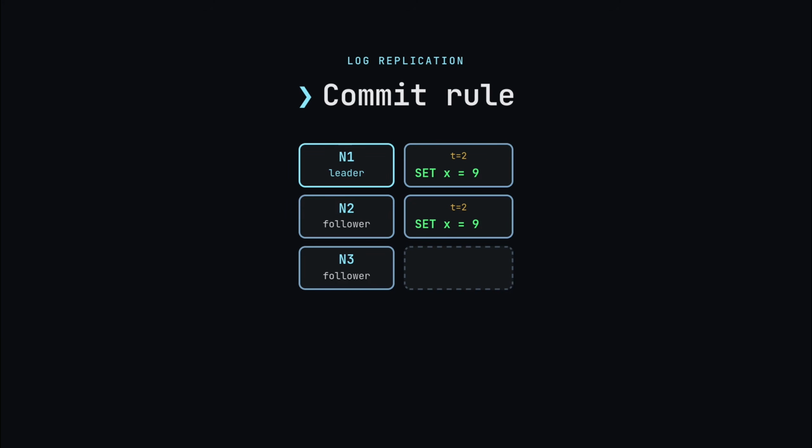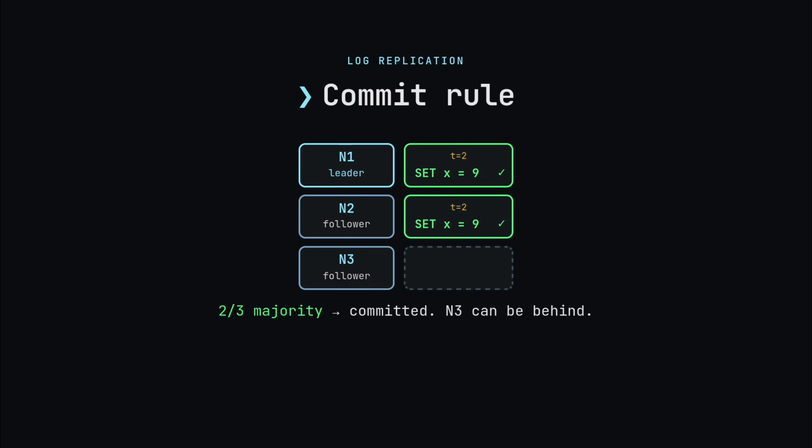To elaborate what I mean exactly, let's look at this 3-node cluster. N1 is the leader, N1 and N2 already have the entry, and N3 is behind, let's say it crashed along the way and now it has recently restarted. That is fine, because we have 2 out of 3, which is the majority, having the same log entries, meaning the same term and the same index. For an entry from the leader's current term, this is term 2 and N1 is the term 2 leader, that majority is enough to commit. N3 can catch up later. A slow follower does not stall the cluster, does not hold it back.